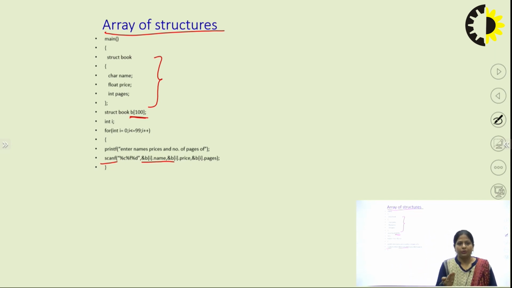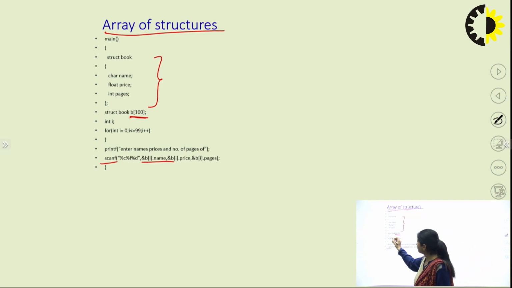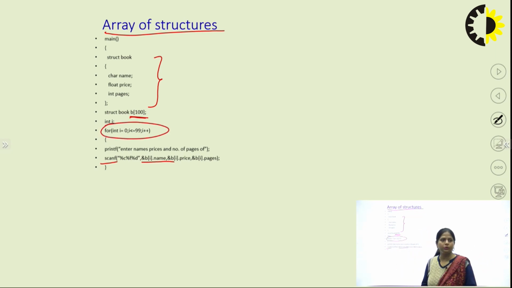When I'm going to read the record for the 100 books, that means I'm going to repeat the same statement 100 times. So it is quite obvious to use a loop, right? So I have applied a loop from 0 to 99, and then we are just reading out the records of the 100 books. Initially I have initialized the value of i as 0. When the value of i is 0, B[0].name. That means enter the name of the first book,